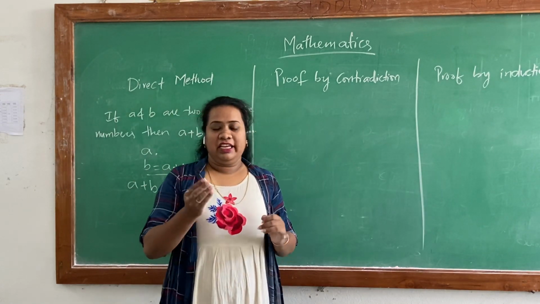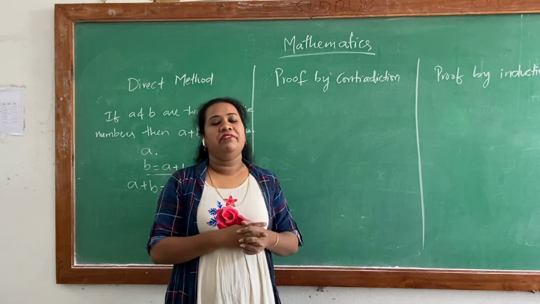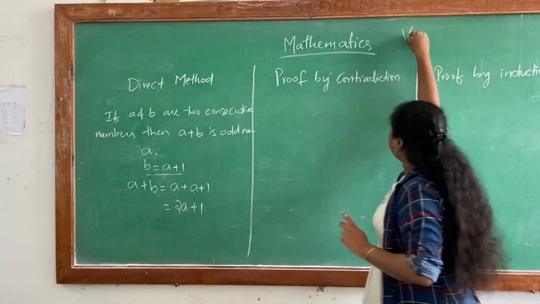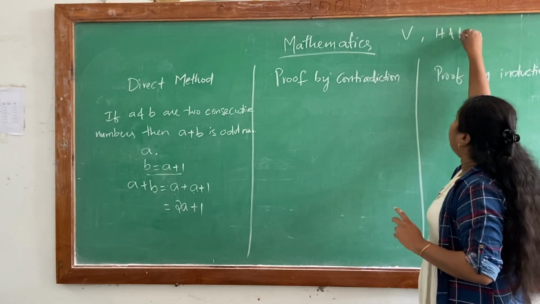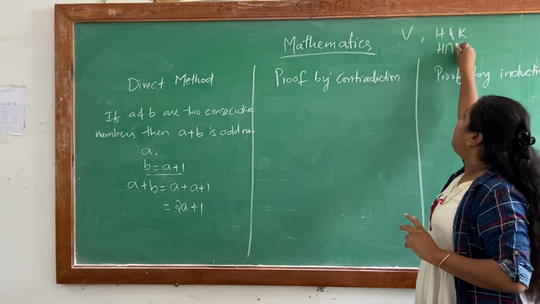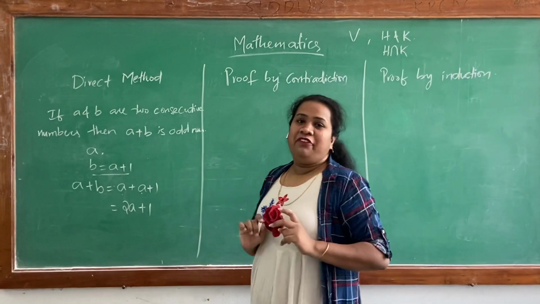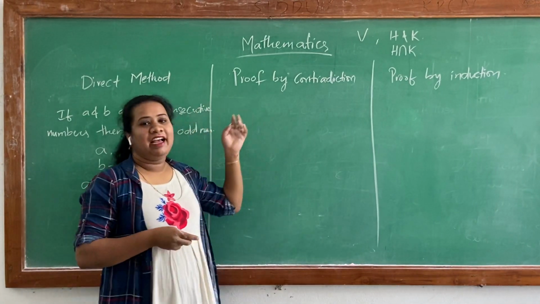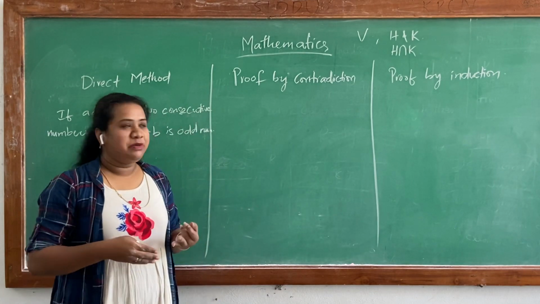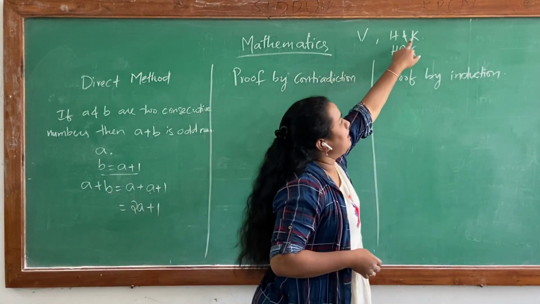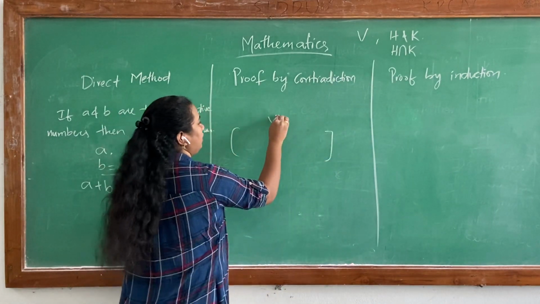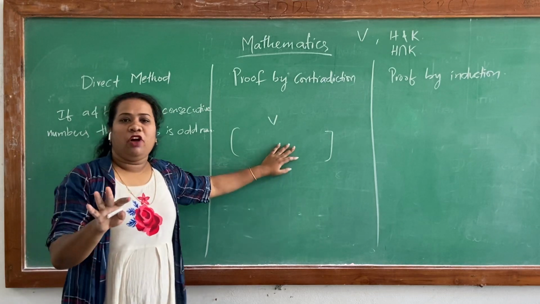For example, let's take the example I was giving from linear algebra. There is a vector space capital V, and H and K are two subspaces of this vector space. Now we have to prove H intersection K is a subspace of the vector space. We all know by definition a vector space has to satisfy certain properties, like addition properties and scalar multiplication properties.